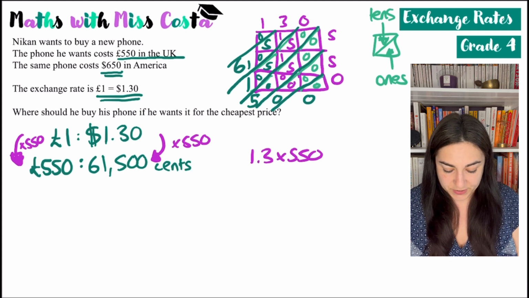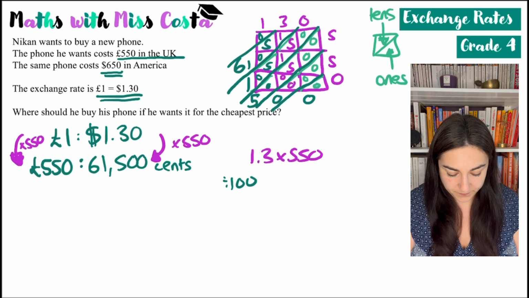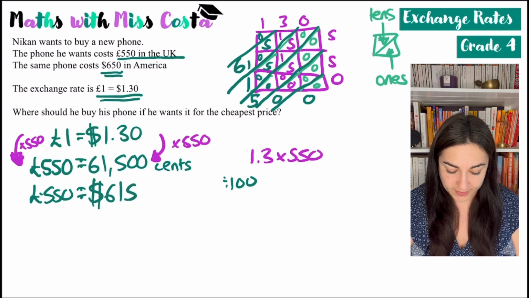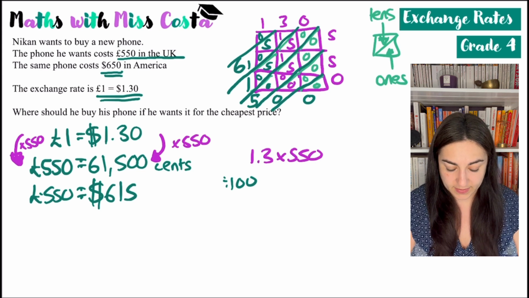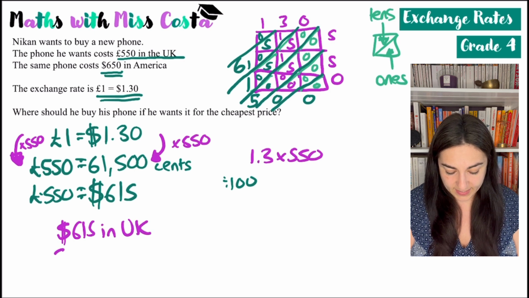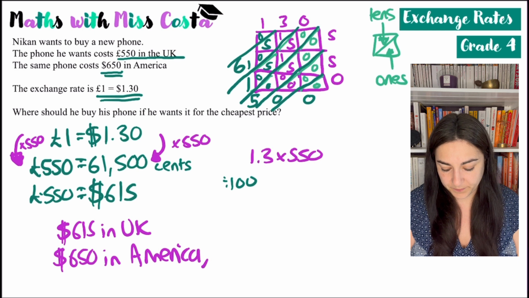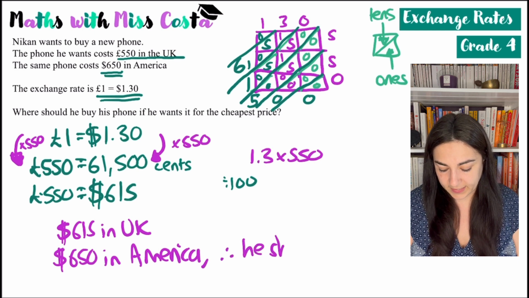So turn that into dollars, divide by 100. £550 is equal to, I don't know why I did it in a ratio, $615. So therefore, where is the phone cheaper? Well, it's $615 in the UK and $650 in America. Therefore, he should buy it